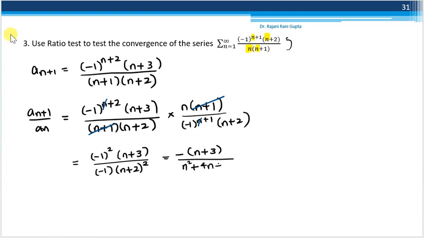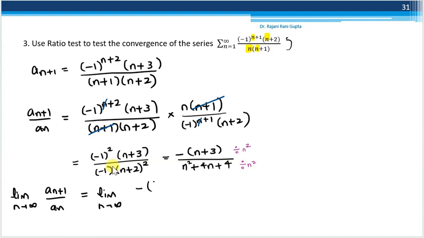Let's open the bracket: 4n plus 4. Again, the highest power of n is n square, so divide by n power 2. Because we have to find the limit, we have to find the limit as n approaches infinity of this. So we have to do this for finding the limit: minus 1 over n, 3 over n square, all over 1 plus 4 over n plus 4 over n